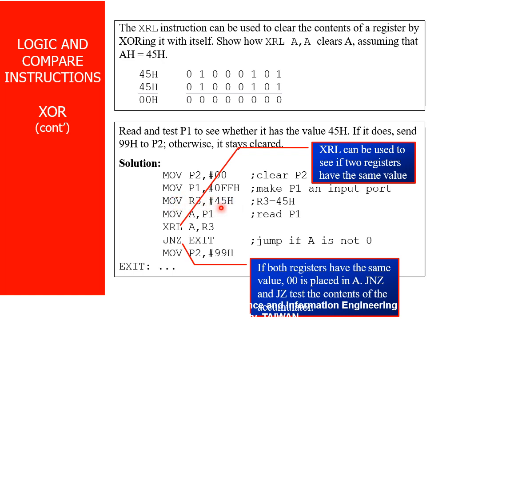First you are taking the data 45 to R3. Then you are XOR operating the data from P1 with 45. If P1 is 45, A will be 45, and R3 is already 45. If both of them are 45, A register will become 0. That we studied here, right? So this technique will check whether a data is the value 45 or not.